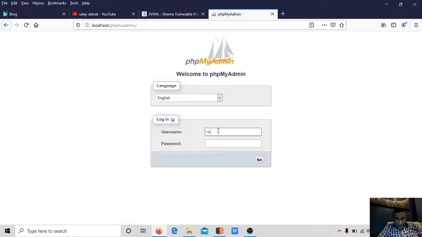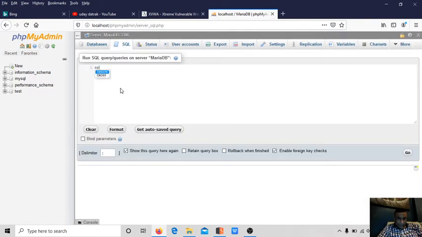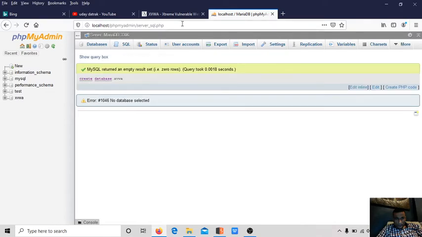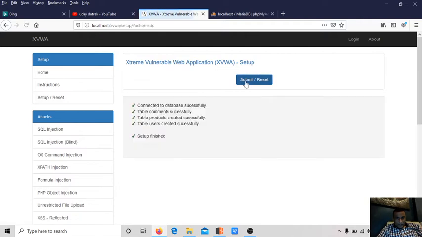The default username will always be root, password is blank. SQL. Now we created the database. That's it. Setup, submit.